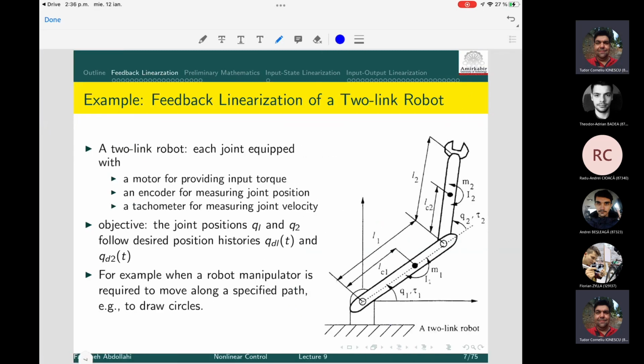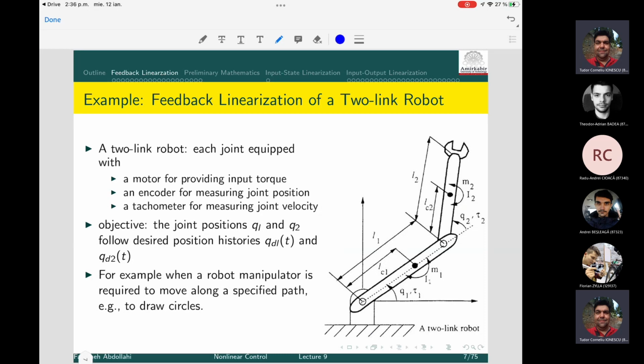There is another example here. The example of a feedback of a two-link robot. Each joint is equipped with a motor for providing input torque, and an encoder, so you need to measure the joint position, joint velocity. The objective: the joint positions Q1 and Q2,